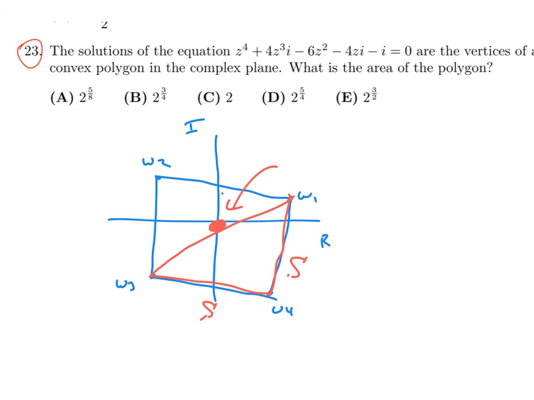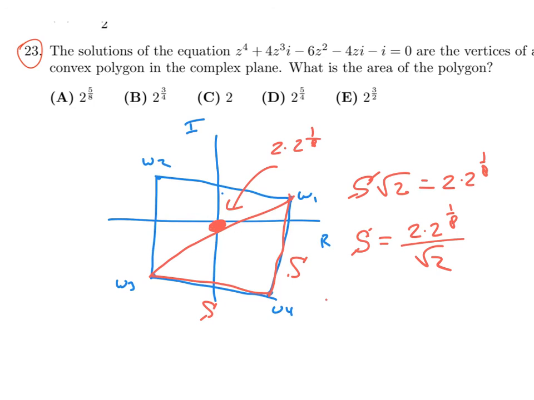We found out the diagonal was 2 times 2 to the 1/8, and that means that to get a side length, we know that the side times root 2 is supposed to be that, which means that the side is equal to 2 times 2 to the 1/8 divided by root 2, and so the area of this quadrilateral that we want is side squared, which is 2 squared is 4, 2 to the 1/8 squared is 2 to the